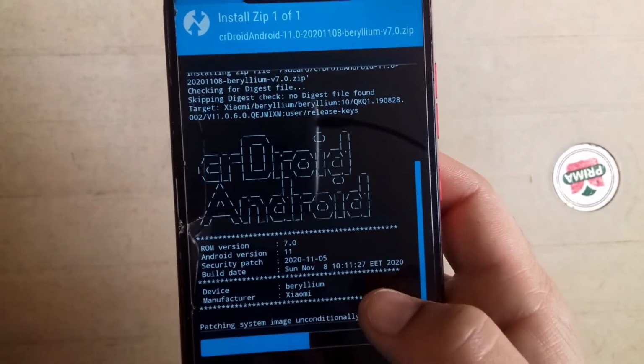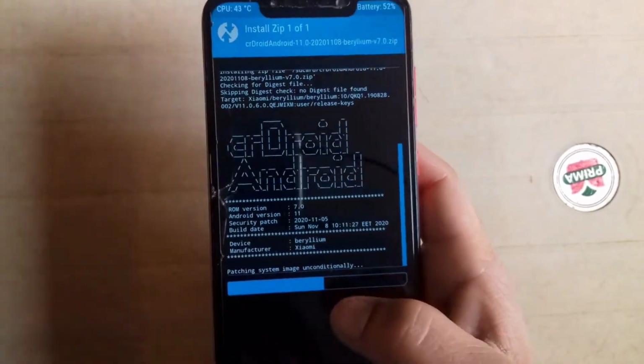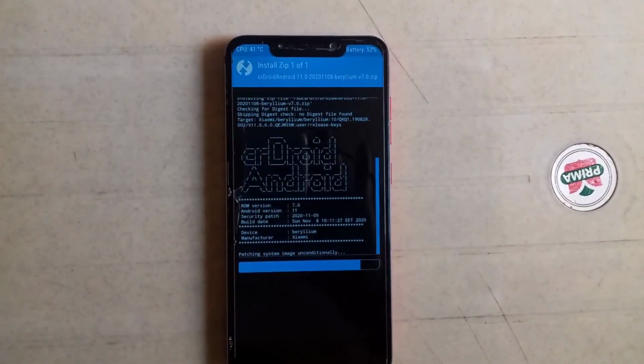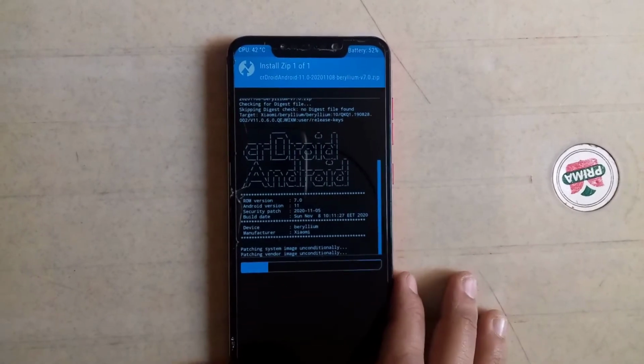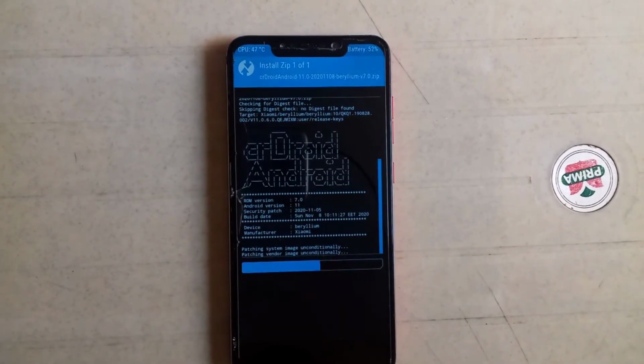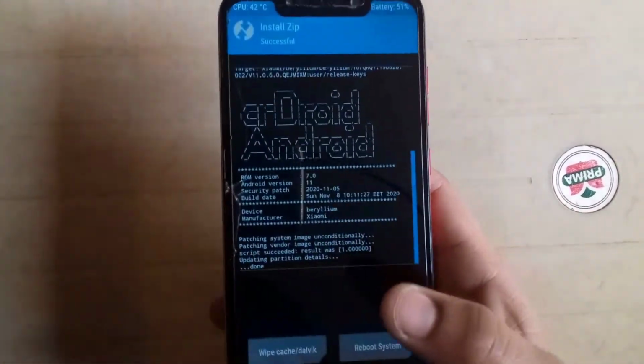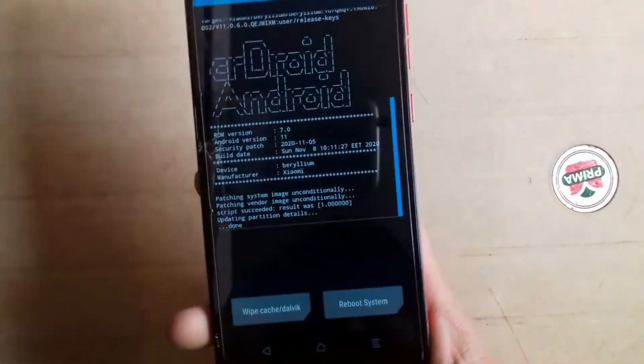Device Beryllium, manufacturer Xiaomi. Now zip is successfully installed, so go back.